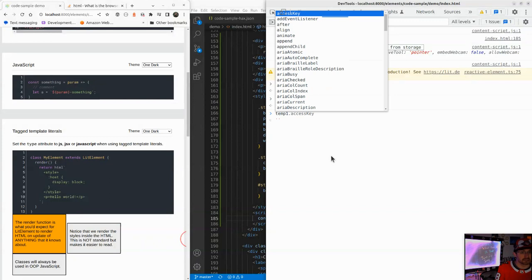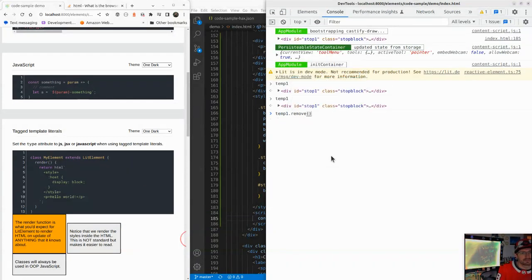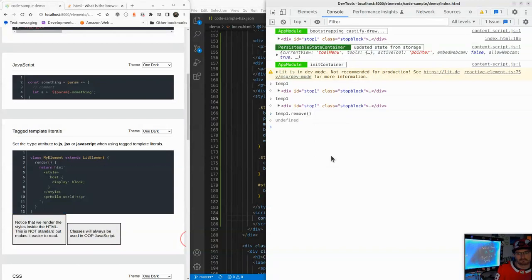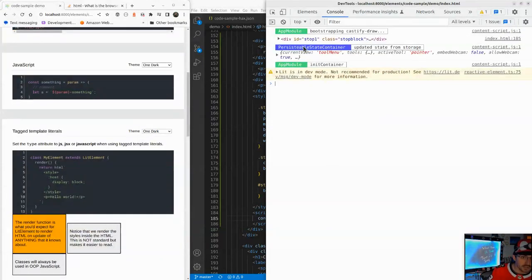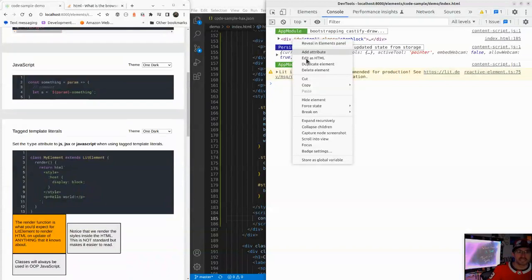Temp one, I can do temp one dot remove, which is JavaScript for kill this item, and it goes away. You can do whatever manipulation you want that you could manually go and type in the DOM via HTML or do via CSS. You can then do via the object itself. So if I take stop one,